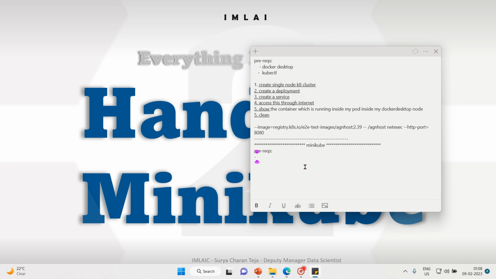First, minimum 2 CPUs or more, 2 GB of free memory, 20 GB of free disk space, then a proper internet connection,